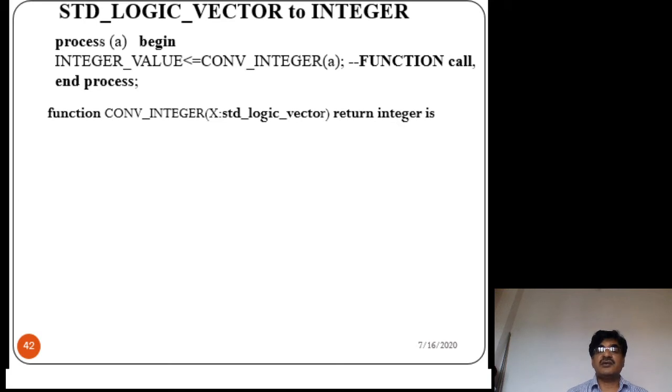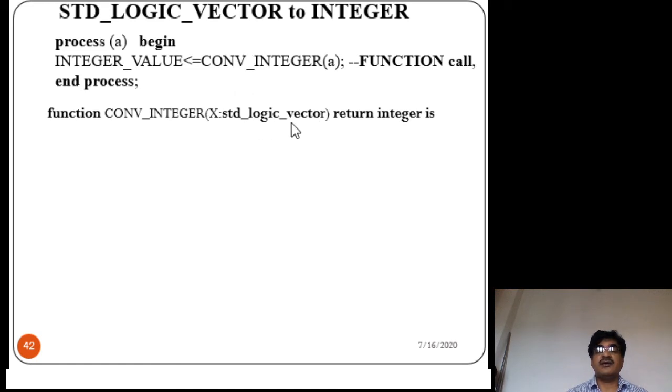Okay, function, how can you write a function? With the word function. What is the function name here? Convert to integer. What is the input for this convert? Which type of data do you need to convert? Standard logic vector data, that is binary data. Therefore, the signal name here is declared as x colon standard logic vector.